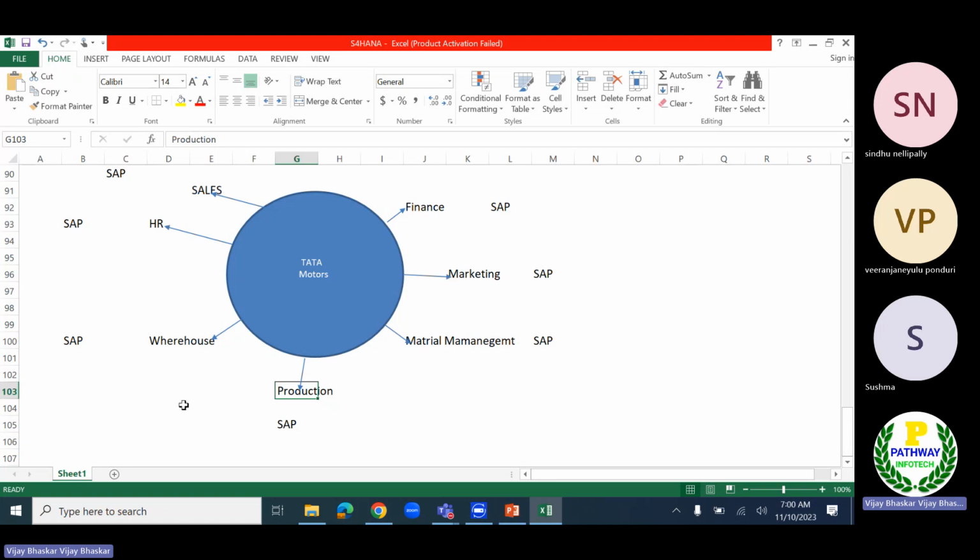So they will spend less time on coordination between all the departments, because the information is already available. Let's assume the top management would like to know the sales information. They will just log in into the SAP application, whatever information they want. For the month of October, how many units we sold. The top management has no need to depend on the sales department. They will just log in into this application and get that information.